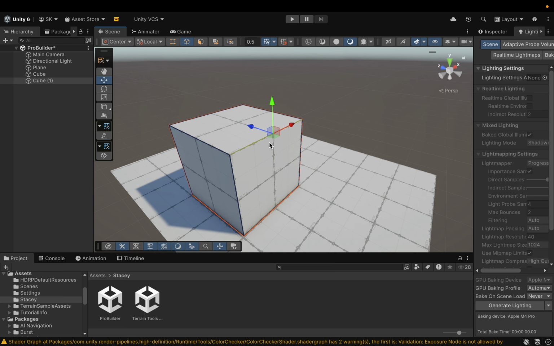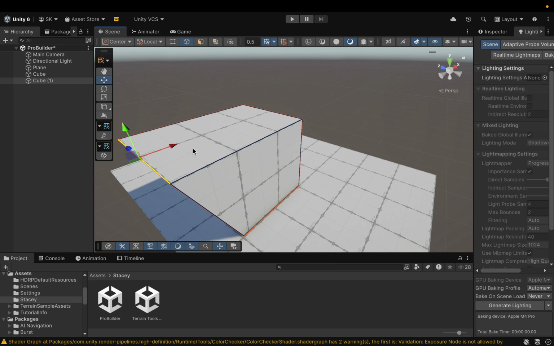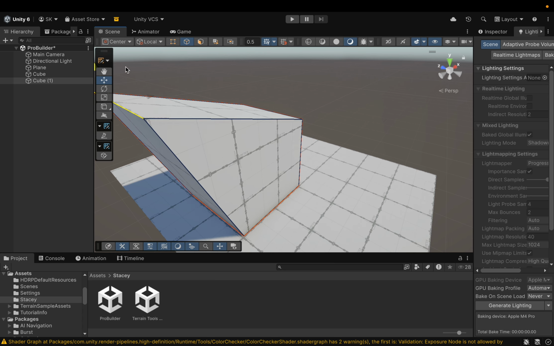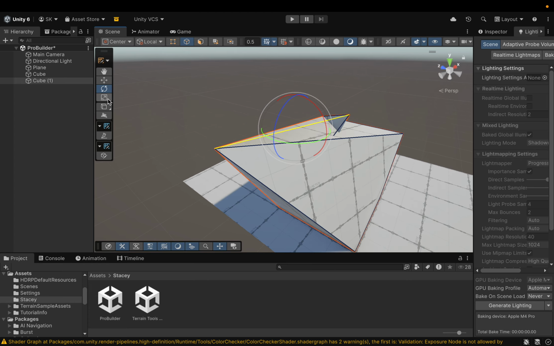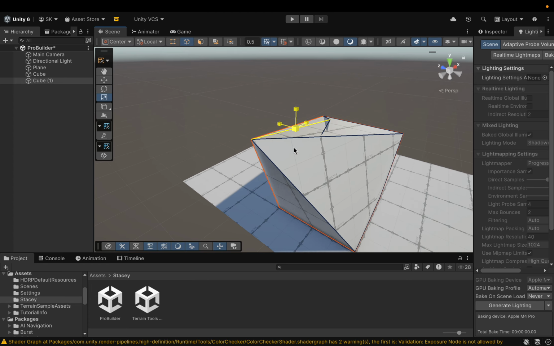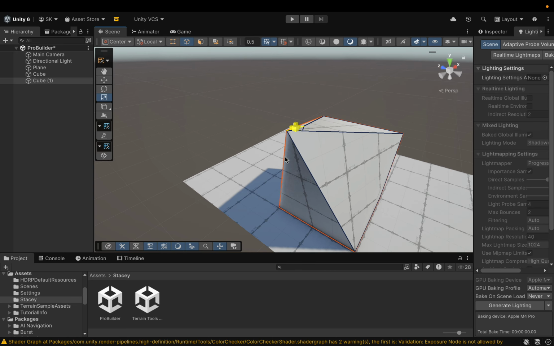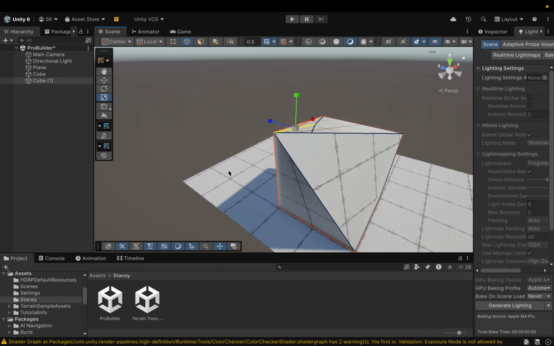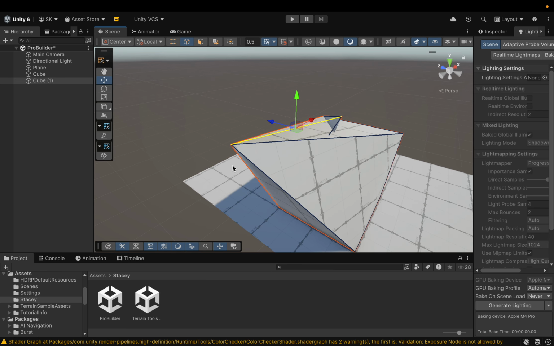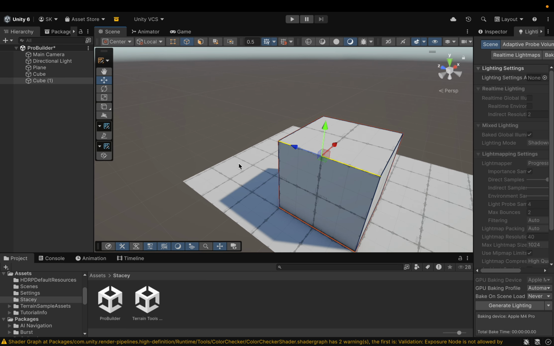I want to select this edge or maybe this edge, and I want to move it. I could just drag and grab and move this edge tool as much as I want. I can rotate it and create some cool shapes this way. I can scale even just one side or the other side. Okay, so I'm going to go back to my cube and let's go through these a little bit one at